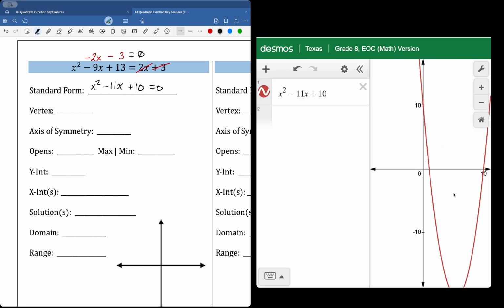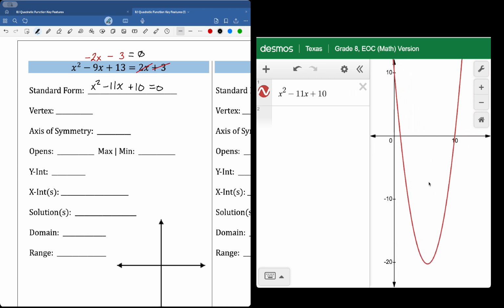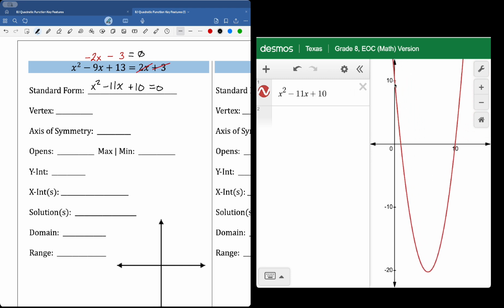When I sketch it out, I'm going to have to move my graph here in Desmos. I want to make sure that I can see all four. In this case, I have two solutions, I have a y-intercept, and I have the vertex. I just want to make sure that I can see all those points. And so I'm going to go ahead and do a quick sketch of the graph here on mine. It's not going to be perfect,